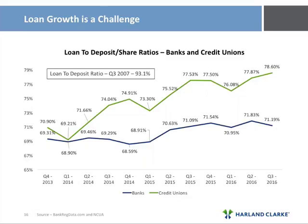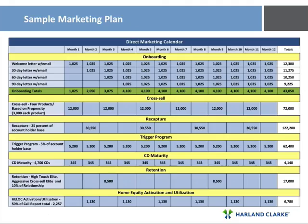Again, if you are a financial institution with whom I work, let's go to the next slide. Coming out of all of that data analysis that we do, this might be a marketing calendar that I might put in front of you. As you go from top to bottom in the yellow bar,